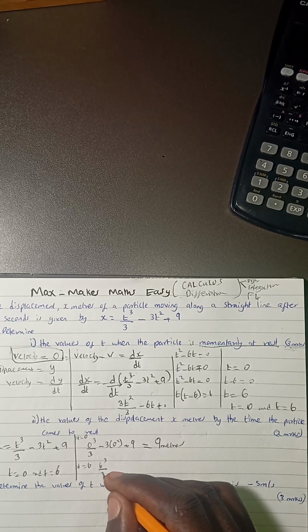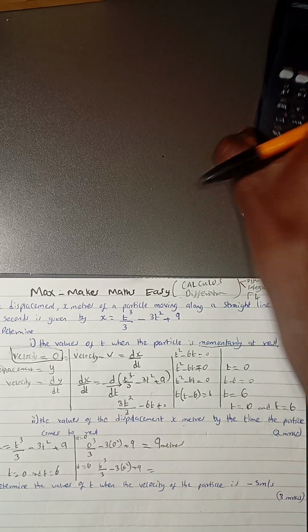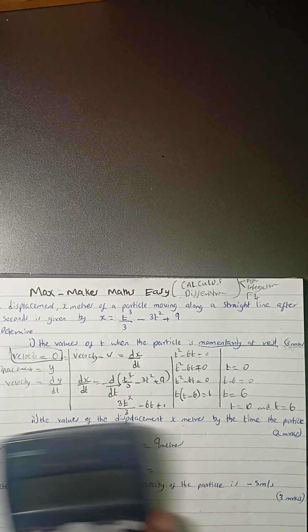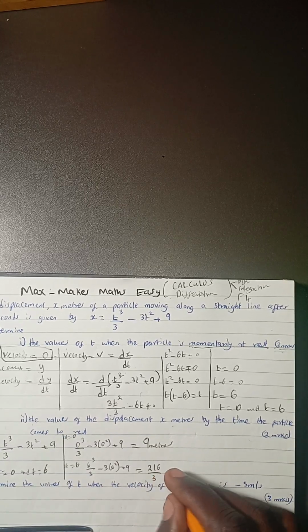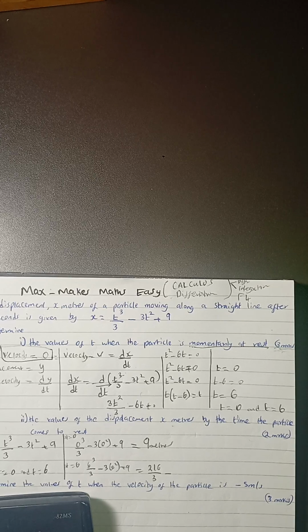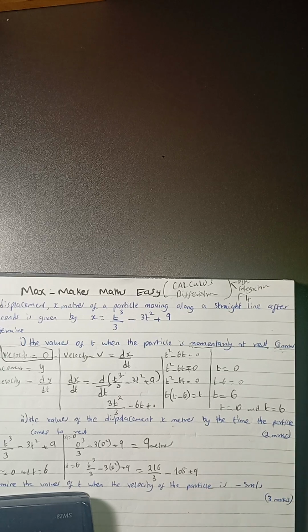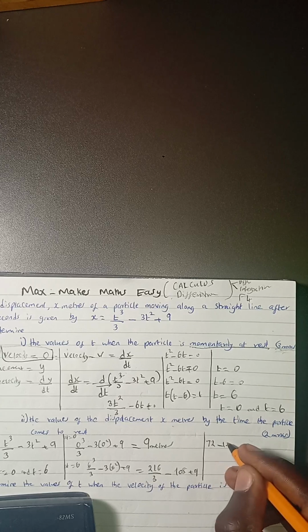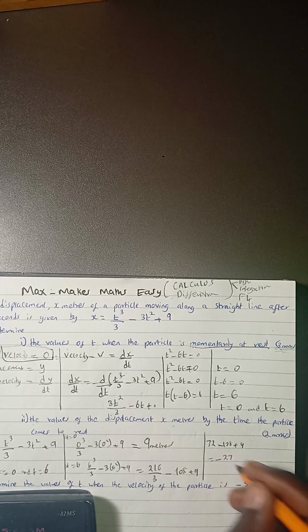6 cubed divided by 3 minus 3 into 6 squared plus 9. This becomes 6 cubed, 6 raised to 3, that becomes 216 divided by 3 minus 6 squared is 36, so 36 times 3 is 108, plus 9. So 216 divided by 3 becomes 72, minus 108 plus 9. Then 72 minus 108 plus 9 becomes negative 27